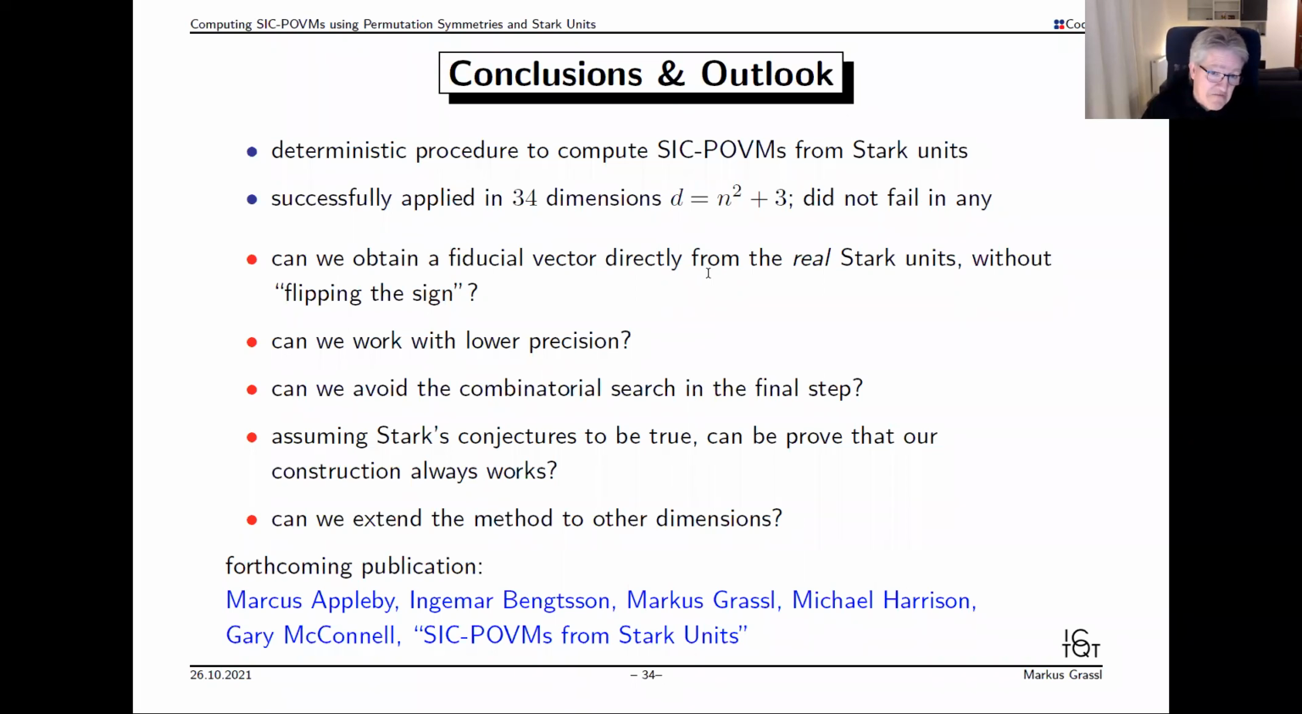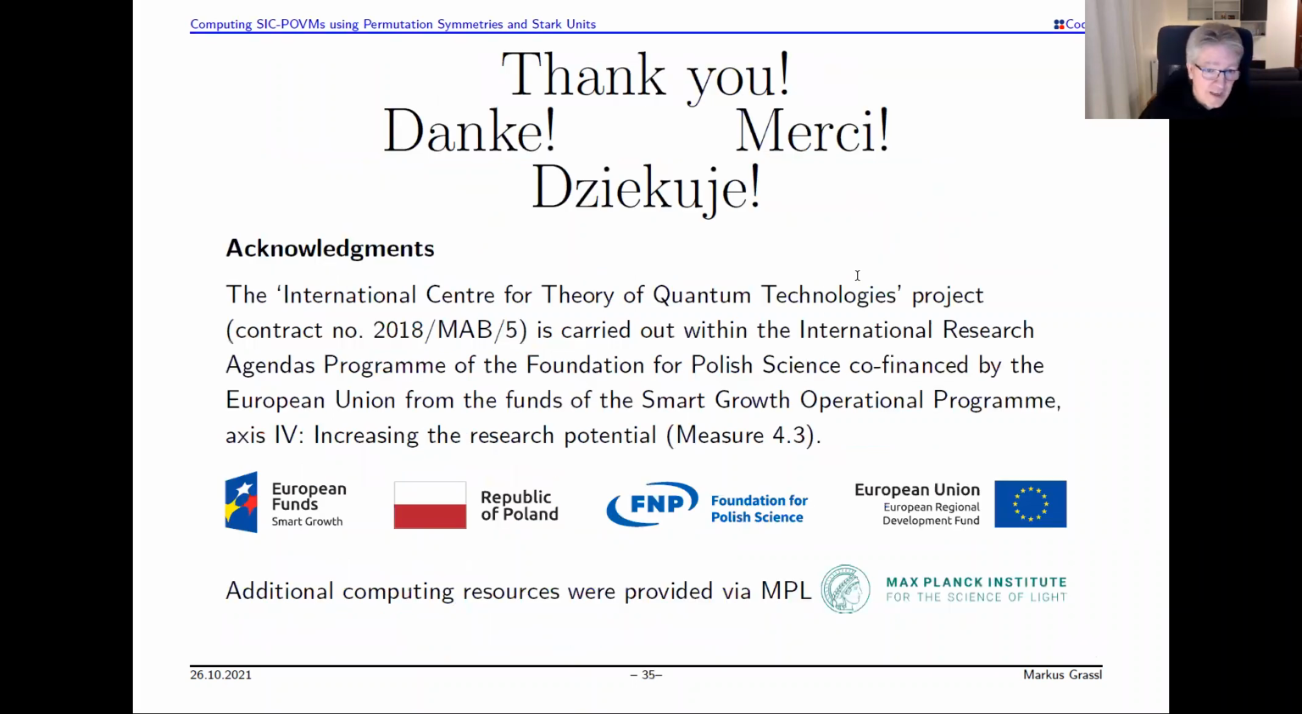But of course, we would like to see that extended to all dimensions. And I hope that, say, at least before the end of the year, we'll have our publication ready. There you can get more of the details, and also the details that I skipped now, you can read from the slides. And with that, I would like to thank you,